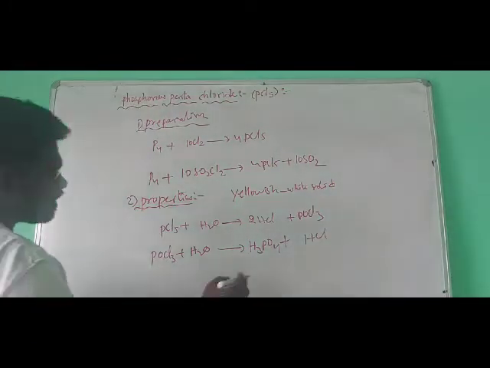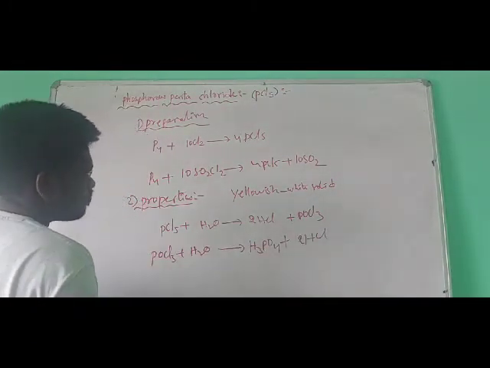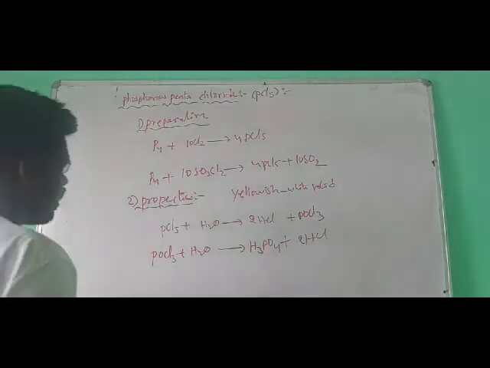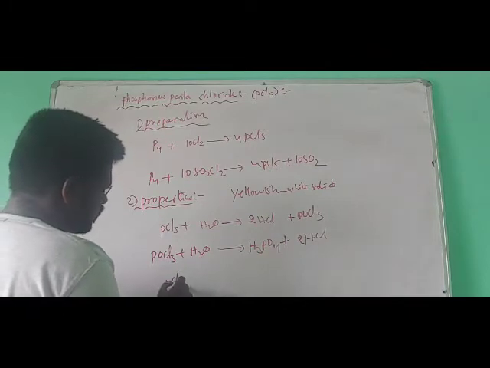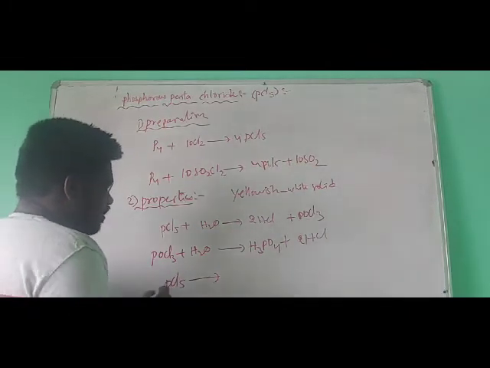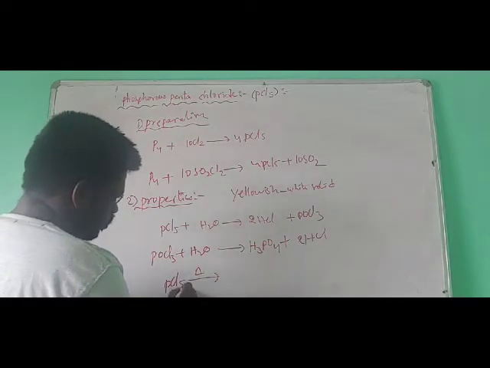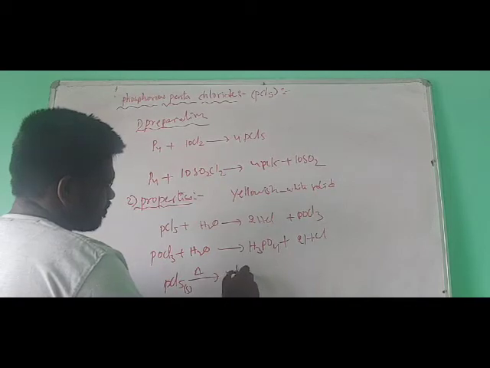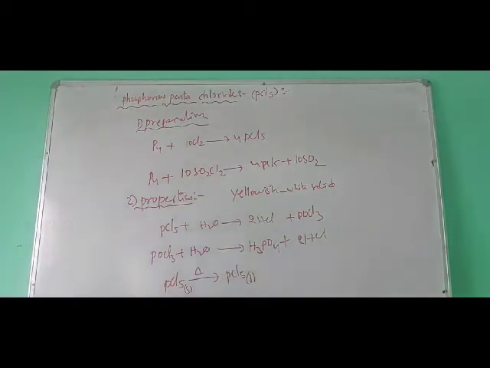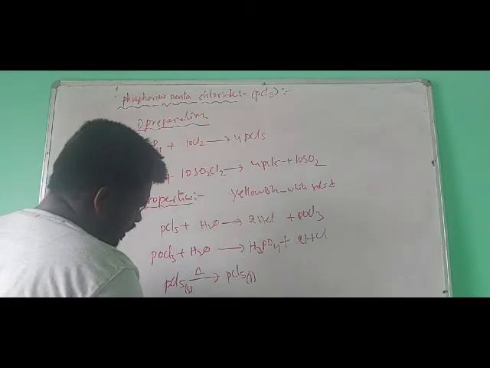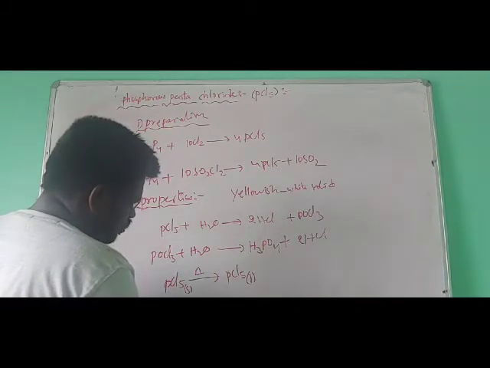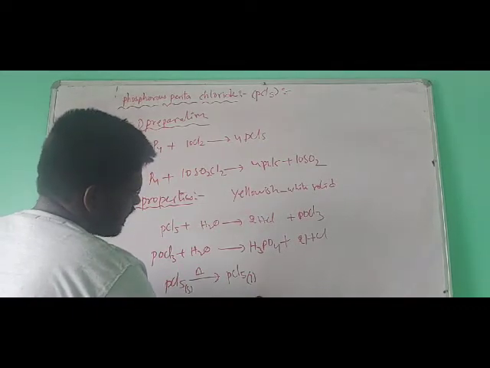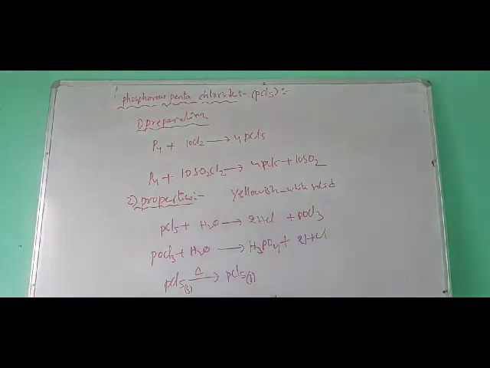Right? So to balance this, you multiply this one with 2. And the next one, upon heating this PCl5, which is present in the solid state, it undergoes sublimation, means it turns into gaseous state. But on strong heating, this one decomposes to give PCl3 gas, and next Cl2 gas.